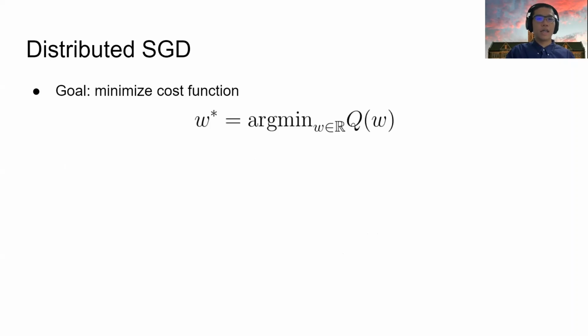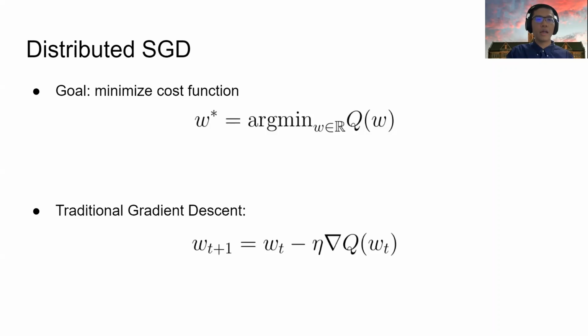In a gradient descent setup, there is a cost function Q, and the goal of the algorithm is to output an optimal parameter that minimizes the cost function. For a traditional single-device gradient descent algorithm, in each run, the device computes the gradient of Q and performs the gradient descent according to this equation. However, the cost function is typically computed from the data. So as the data size gets bigger, it becomes almost impossible to run this algorithm on any single device.